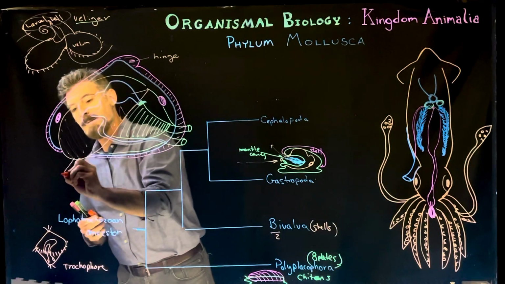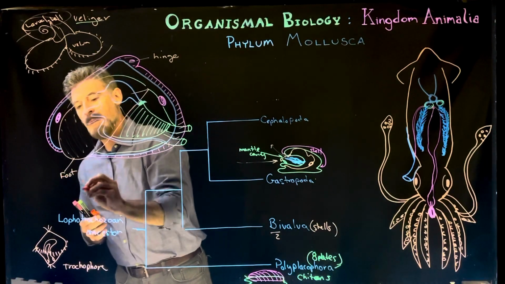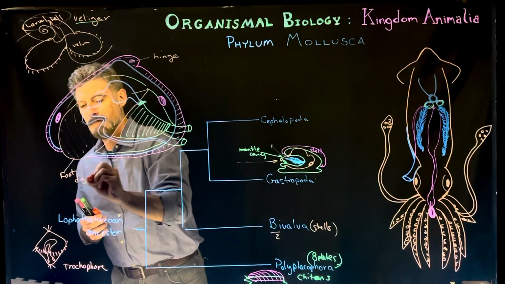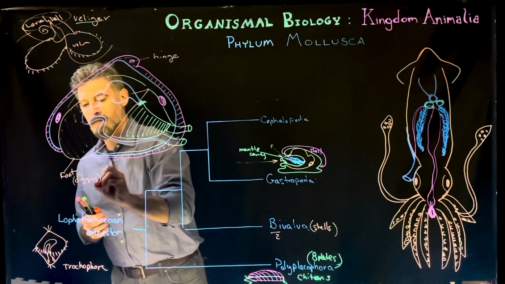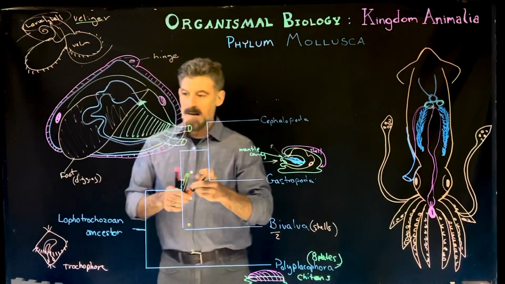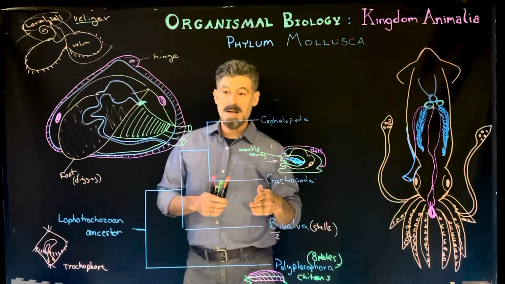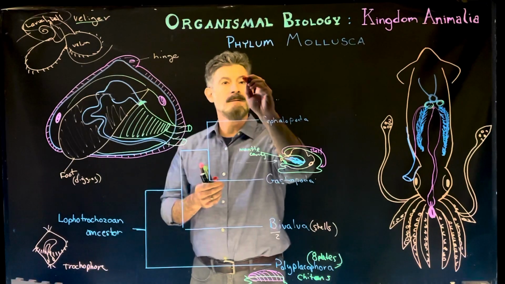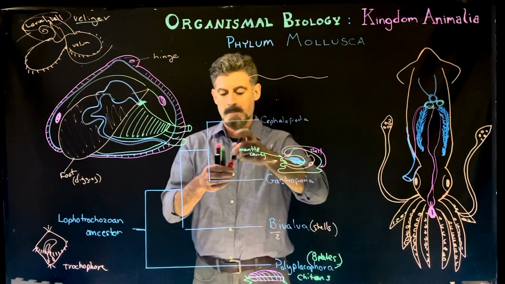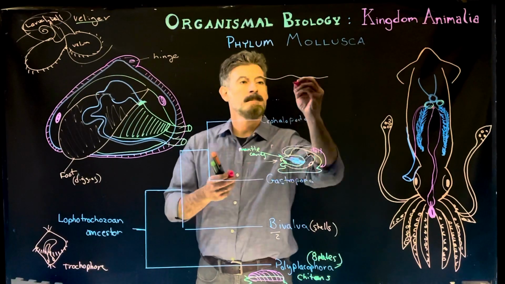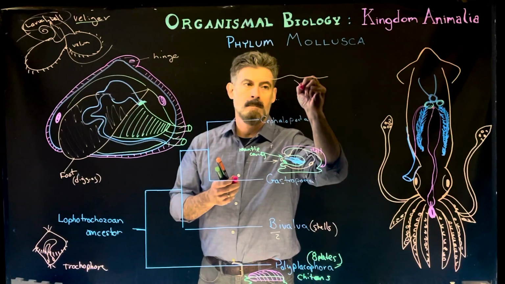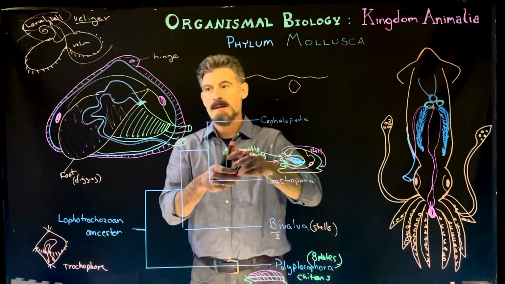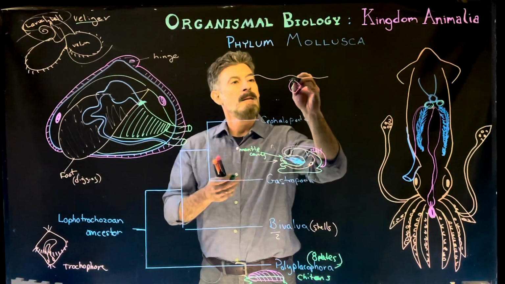Now, what we have for the bivalves is typical, and so this is representing here the foot. Often it's used for digging. So many bivalves actually use that foot to dig into sediment. And so the way that they're actually oriented is that if this is the sediment like this, the animal is buried under the sediment,